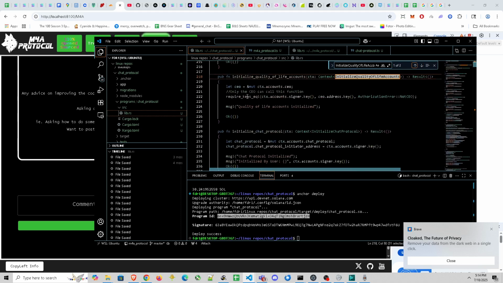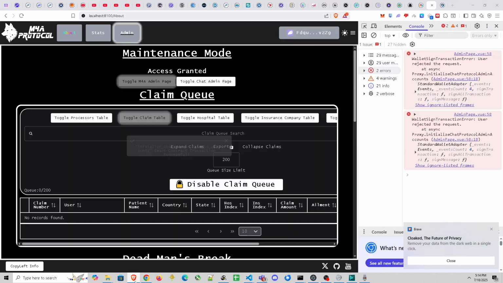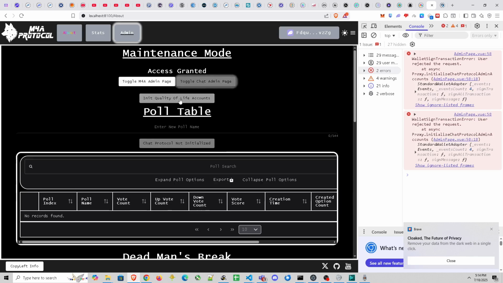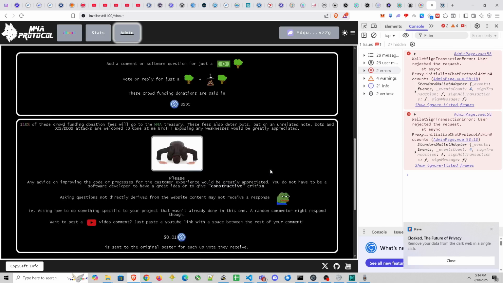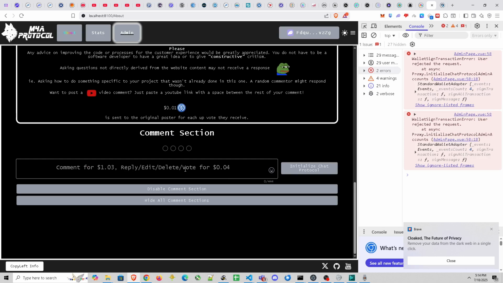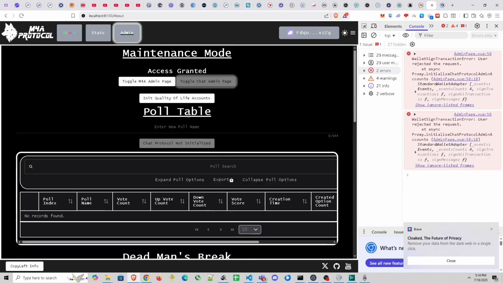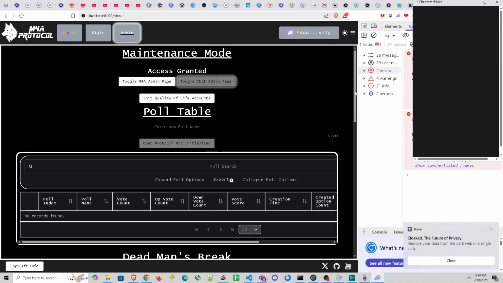Initialize chat protocol, but oh yeah, right, actually initializing the quality of life accounts. So we're on the toggle M4A admin page. So over here, we got initialize the quality of life accounts. Right. And the CEO would not be able to star or fed posts until this was initialized. There aren't any posts yet, but